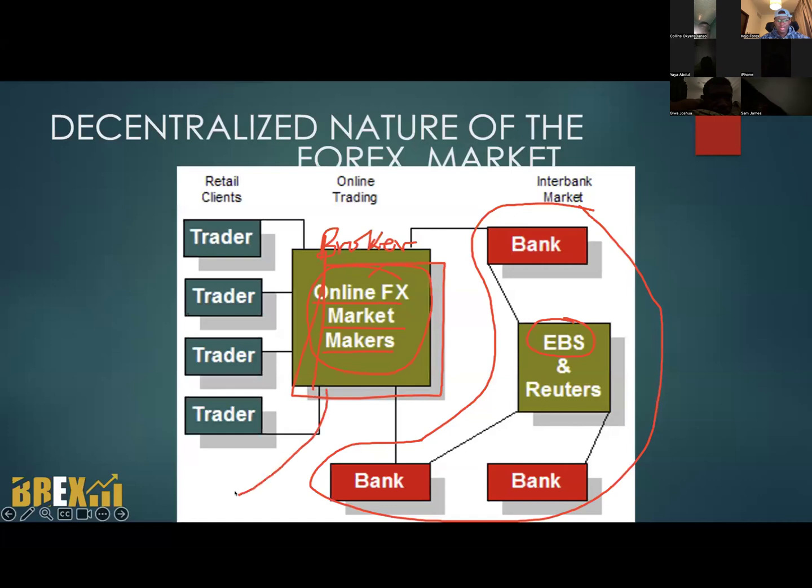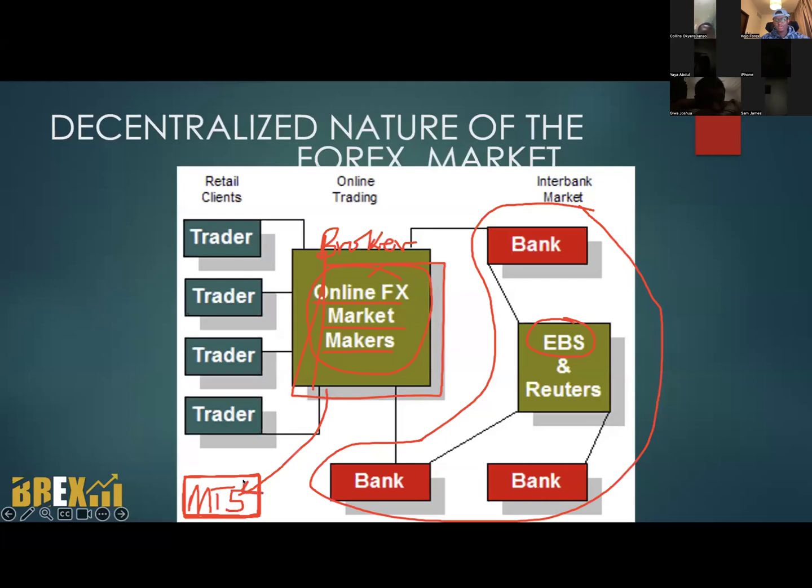independent platforms like MetaTrader, which is the platform that I let you guys download. The most popular ones are MetaTrader 4 and MetaTrader 5. Currently, MetaTrader 5 is the newest and most relevant one, which has a lot of features. That's why I let you guys download it. So brokers,